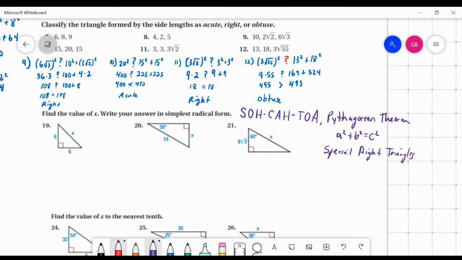Okay, we have 45, 45, 90 triangles where the hypotenuse is the leg times the square root of 2. And we have the 30, 60, 90 triangle